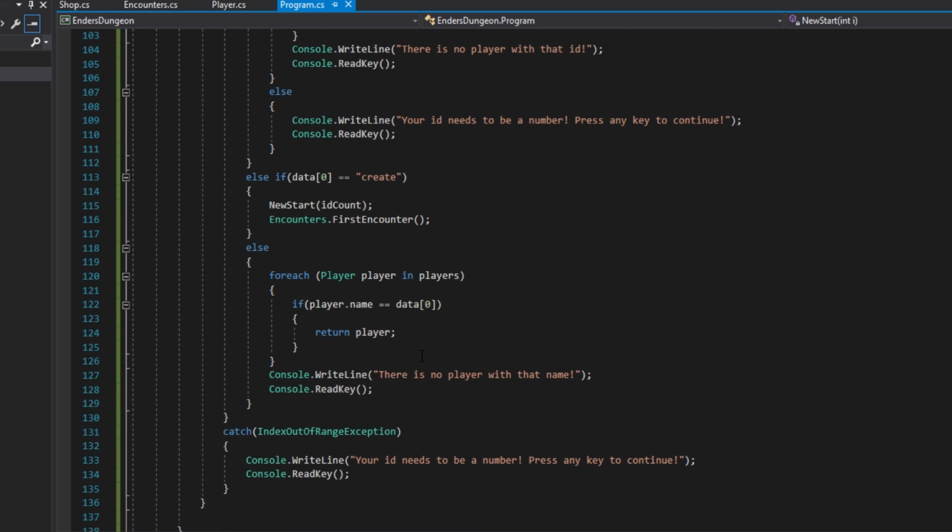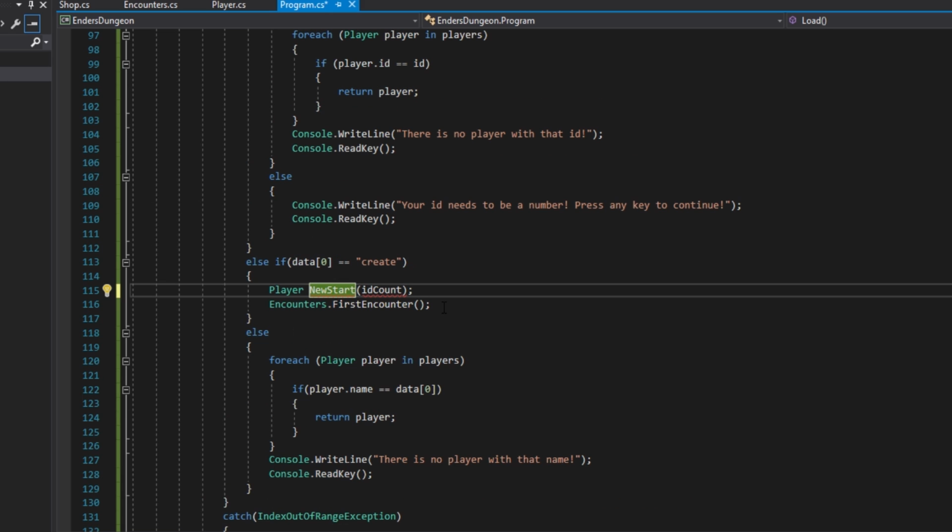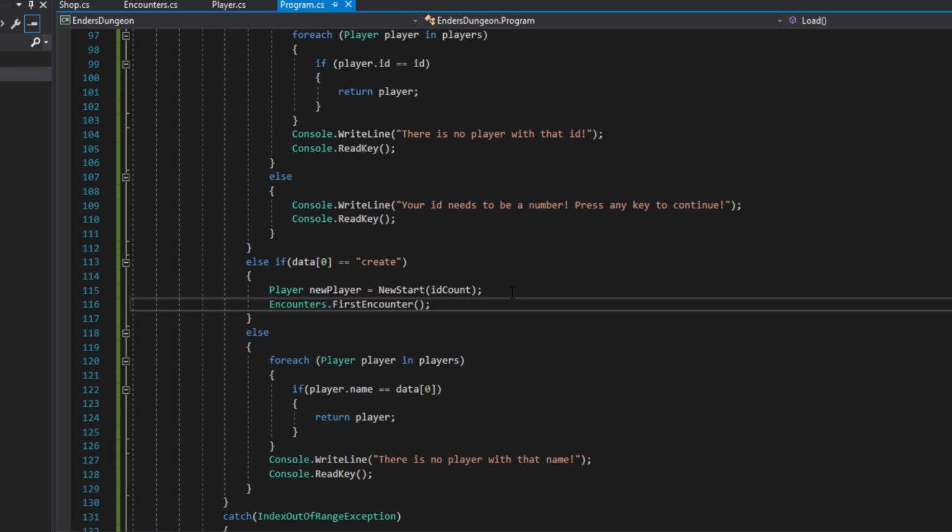Then down at the back by our new encounter here, we're going to create a variable. I don't even know what p variable. We're just going to call it x. Actually, we'll call it new player. Yeah, there we go. My typing is horrendous. So yeah, player, new player. And then we're going to want to return